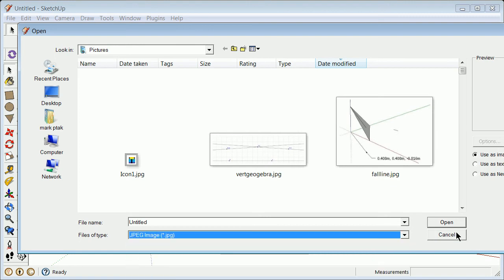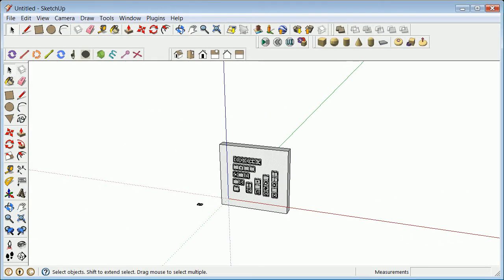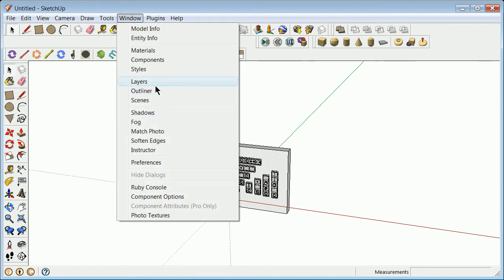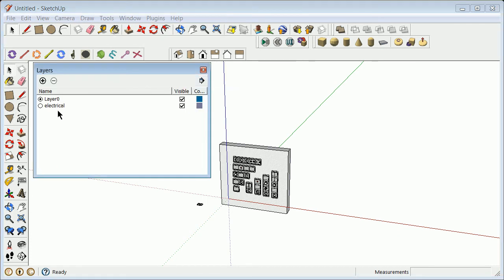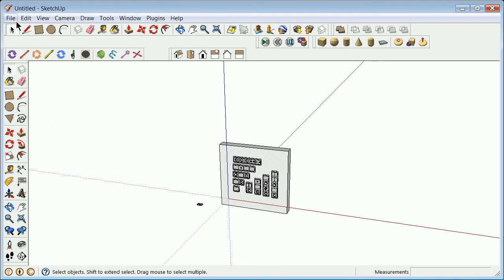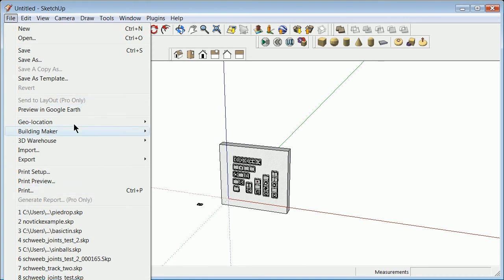So I'm going to hit cancel here, and I'm going to go, once again, remember about layers. I'm going to go now to window, layers, and you see the electrical only had one layer, electrical. He didn't have that broken up into layers, but I can add maybe image collection, and I can make that current by clicking on it. So now when I go about and say file, import,